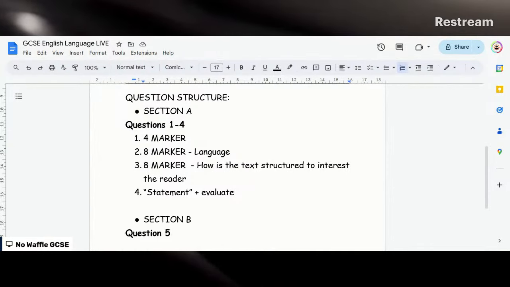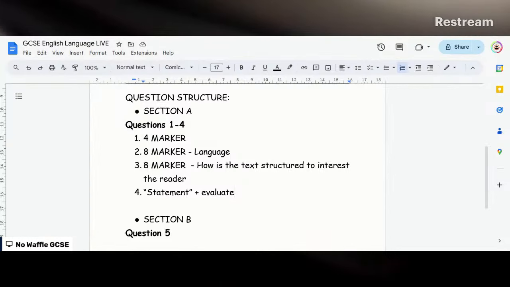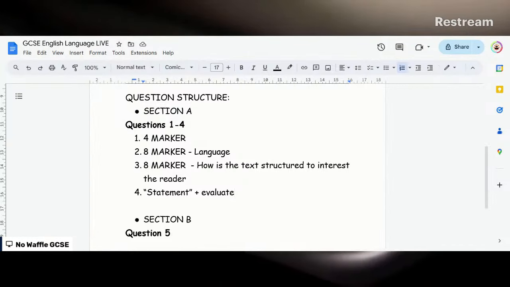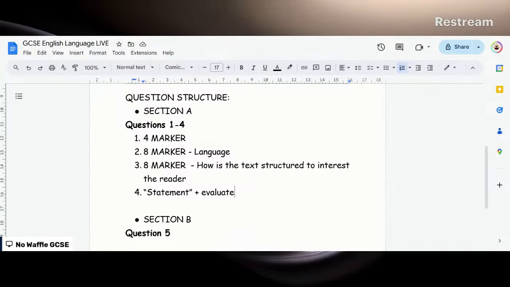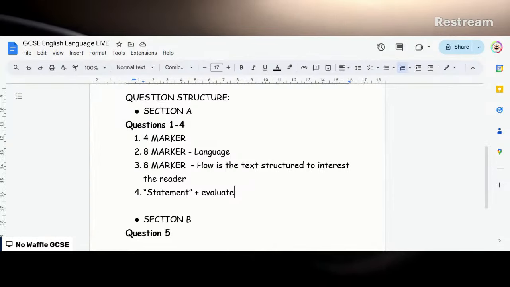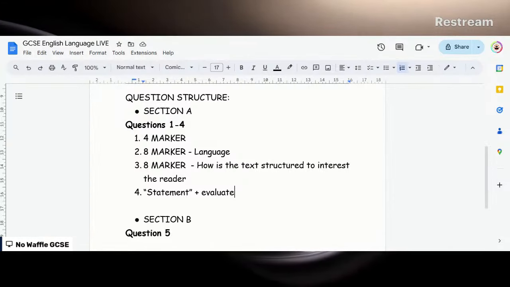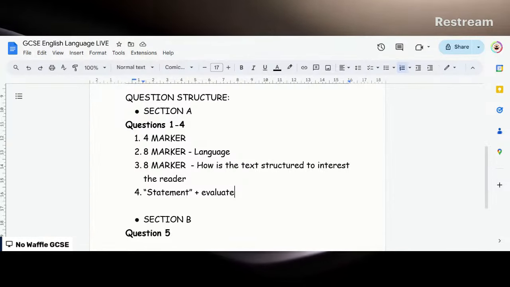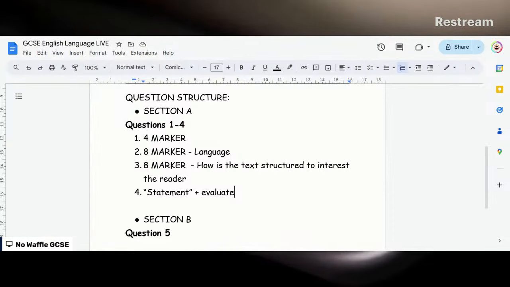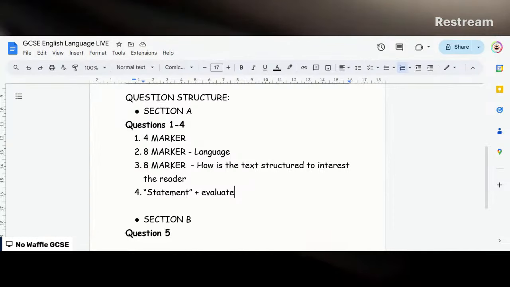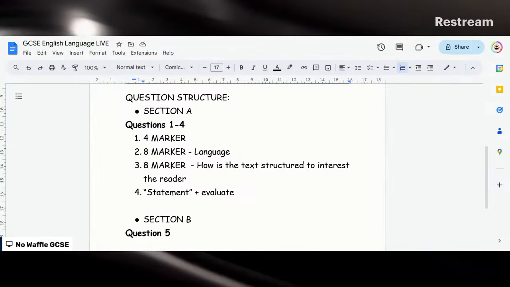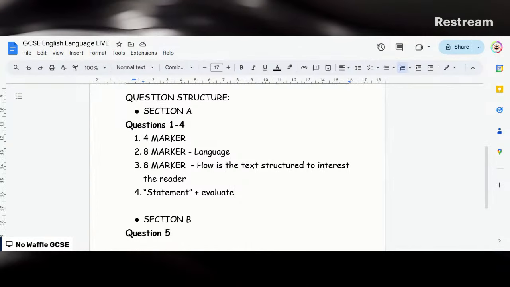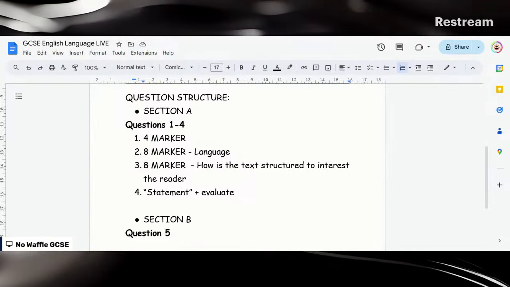Now note, a key thing they actually say in the examiner's report is that if you put an incorrect point, i.e. it's made up, for example, they can't take away any marks. So what you need to really prioritize here is it's all about jamming as many points as you can in your answer, in your response. It doesn't matter if they're right or wrong. In this case, try and make the majority right, of course, but you don't know how exactly an exam will go. So it's important to